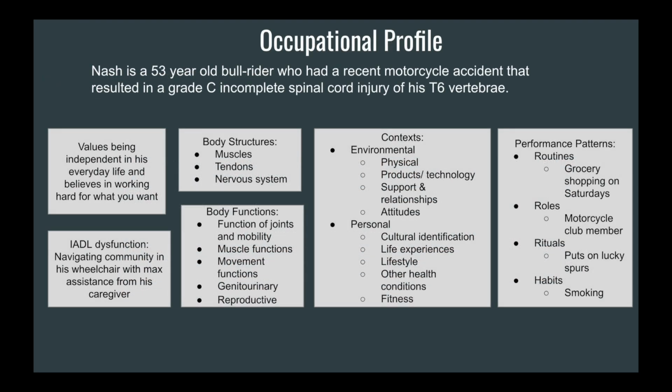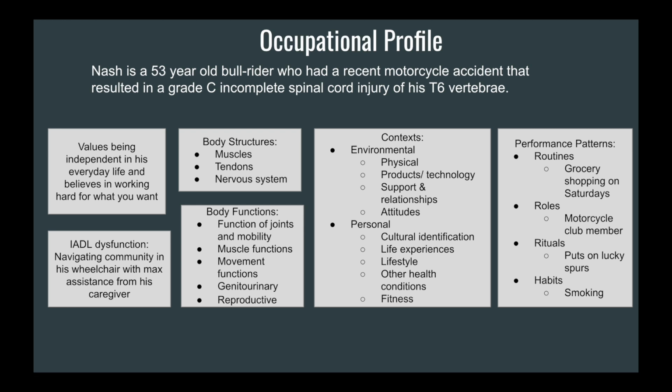Our client Nash has a grade C incomplete spinal cord injury of his T6 from a motorcycle accident. He really values his independence and has always worked hard for what he wants. One of Nash's biggest struggles after his injury has been getting around using his wheelchair within the community without assistance